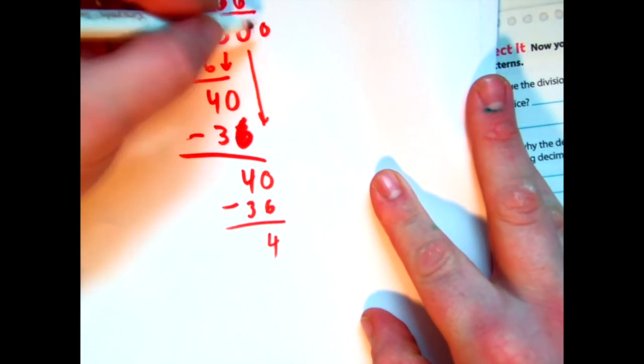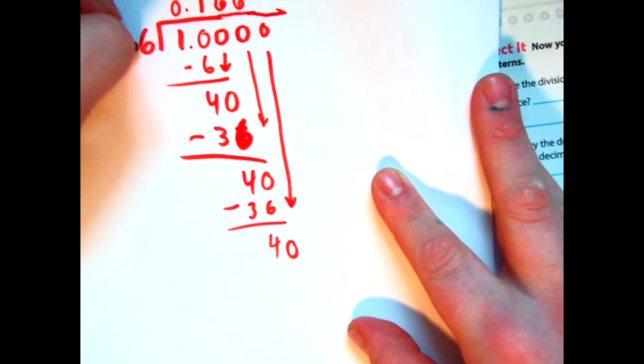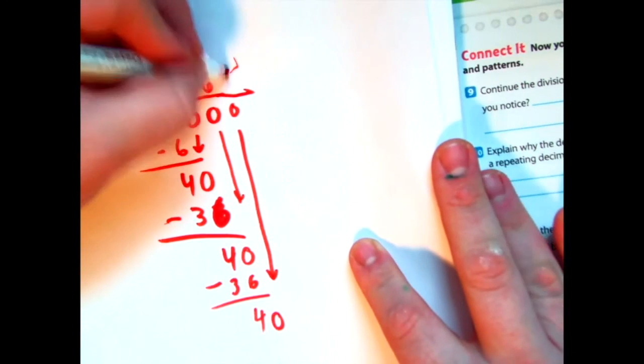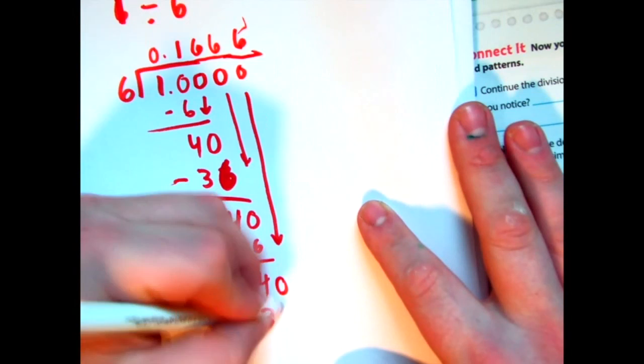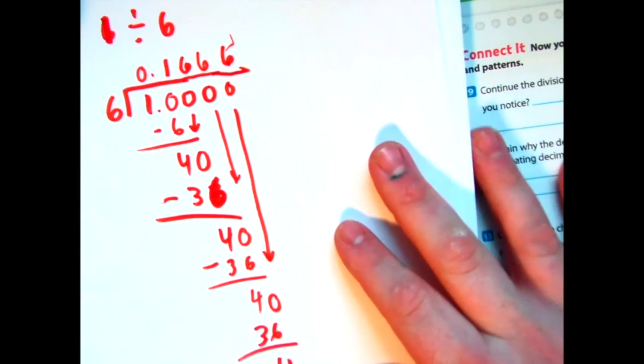Add another 0 into this place. 6 goes into 40 6 times. 6 times 6 is 36. So this goes on forever and ever. So this means that 1